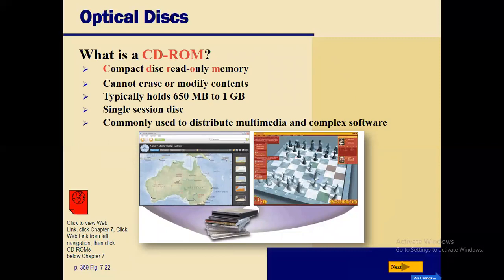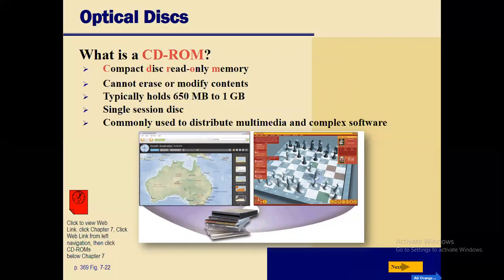Another optical disc is called the CD-ROM. CD-ROM stands for compact disc read-only memory, and it is a pre-pressed optical compact disc that contains data computers can read but not write to or erase. CD-ROM is one type of read-only memory. During the 1990s, CD-ROMs were popularly used to distribute software and data for computers and fifth generation video game consoles.